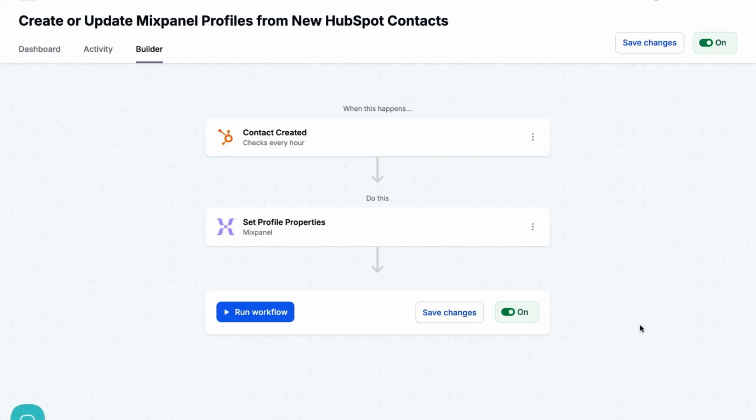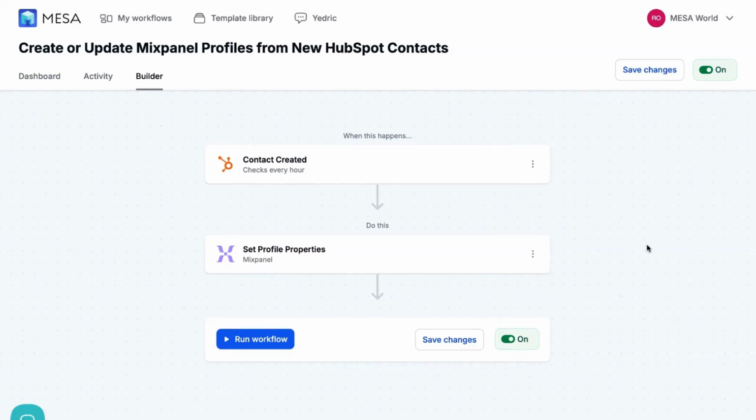personalized campaigns. This template takes just minutes to set up, but creates lasting value by connecting your sales and marketing